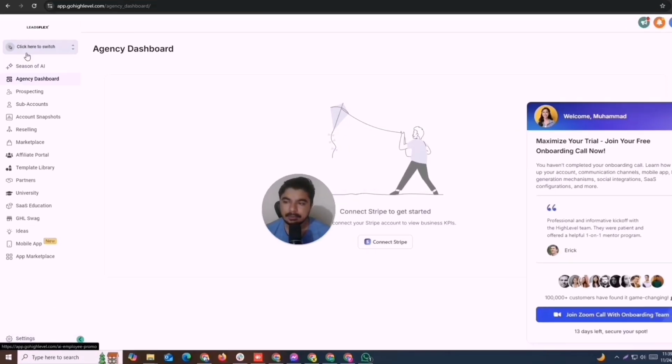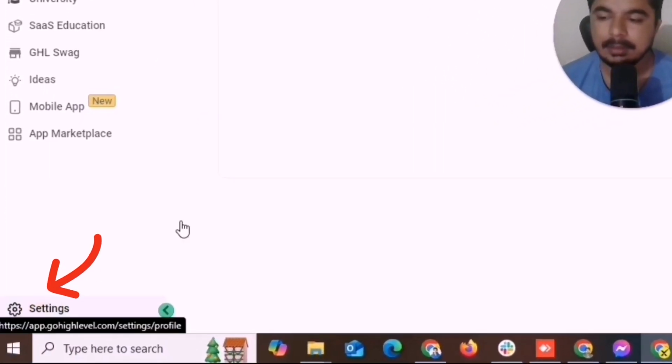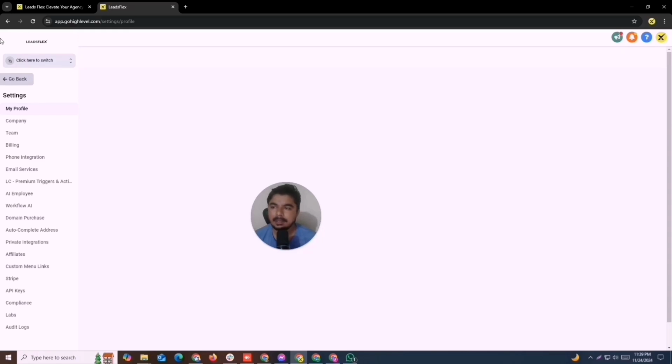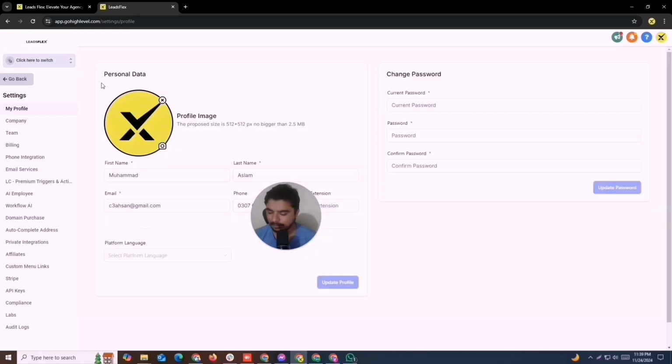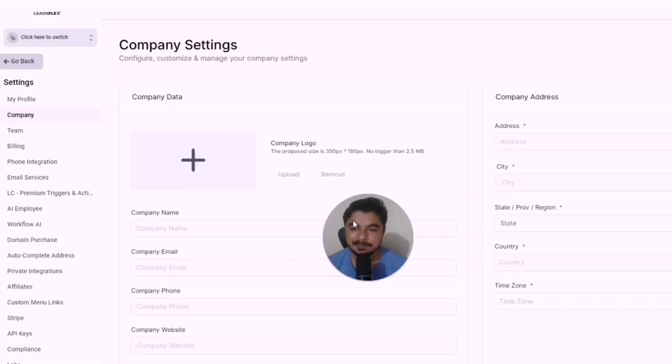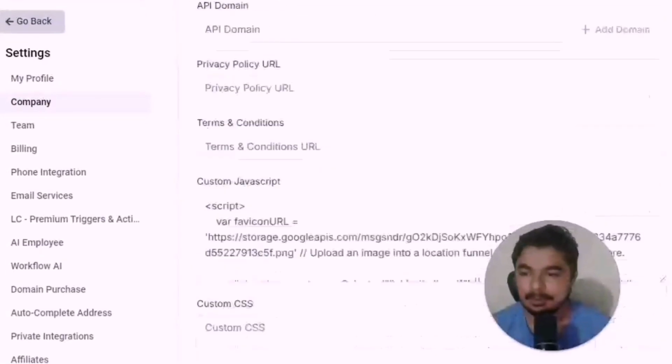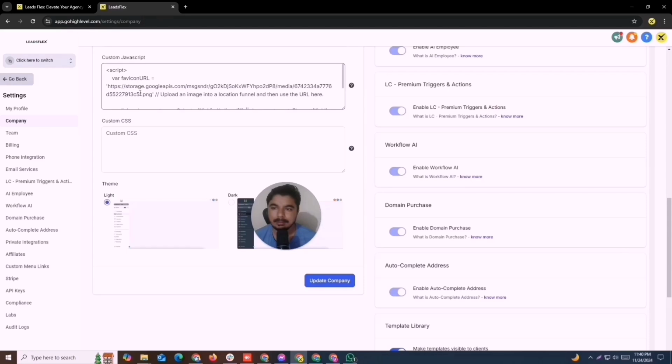So, first of all, you need to go to settings, and after that, you see this logo does not look good here. It looks unprofessional and it's smaller. So, the first step is this, and after that, you need to go to company settings and scroll below, and here